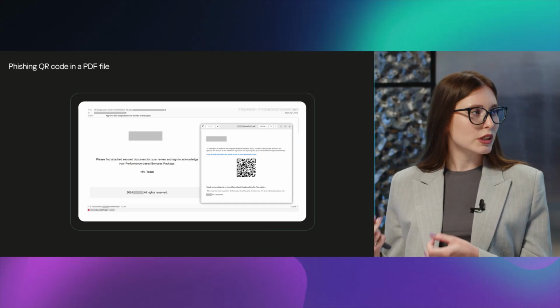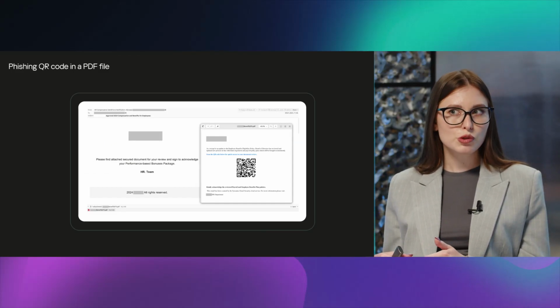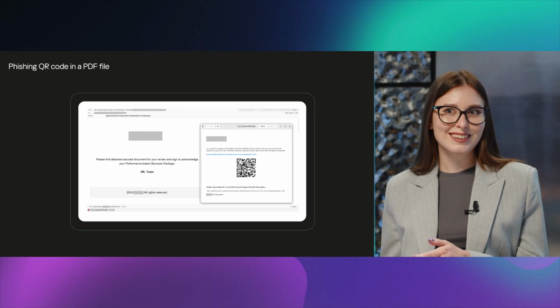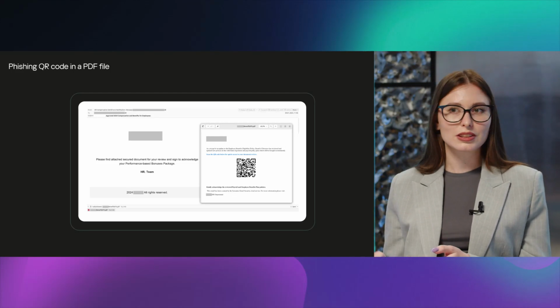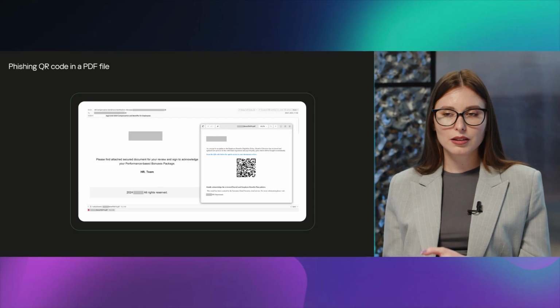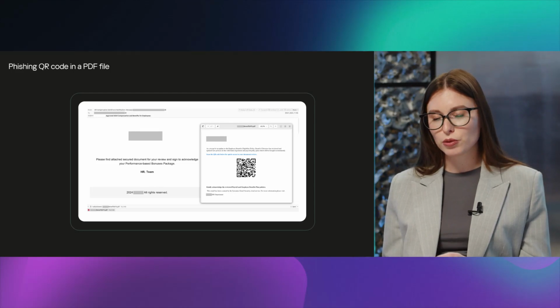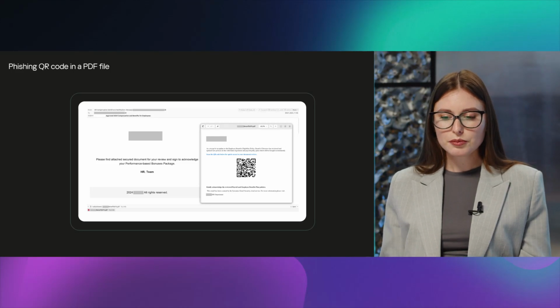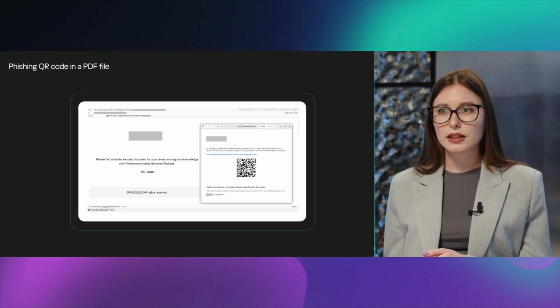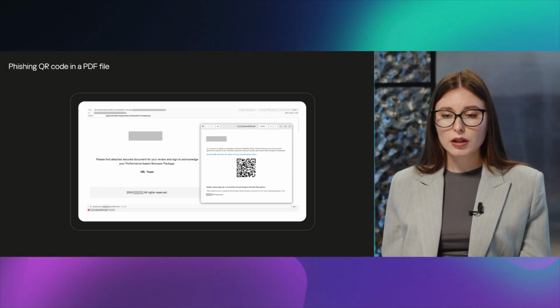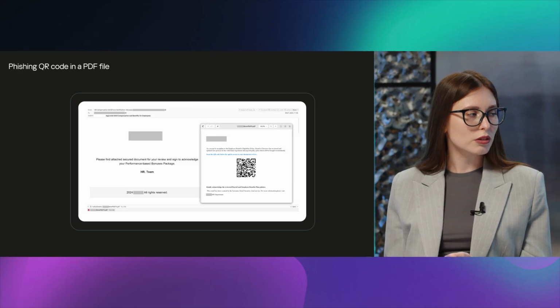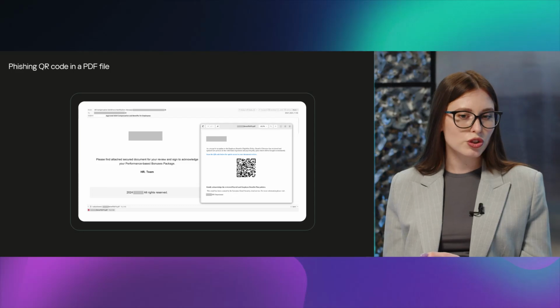But spreading phishing QR codes with PDF attachments also exists. It was first noticed in 2023, and the method gained popularity among fraudsters in 2024. In this case, the scheme is the same as the attacks with phishing QR codes in an image file format, but PDF is used as a container to make the QR code more inaccessible and challenging for protection solutions.